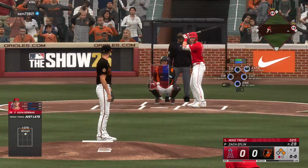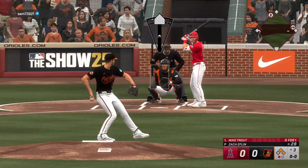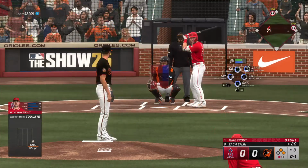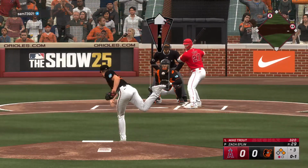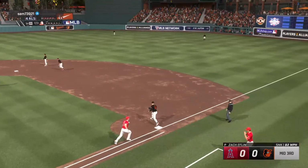Here's Trout. Grounded out his first time up. And he swings and misses, and it's 0-1. Well, the key to his success is getting ahead early in the count. He cannot afford to go deep in the counts. Doesn't have Holiday to second, and that's